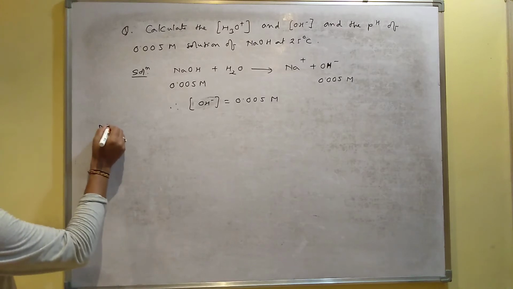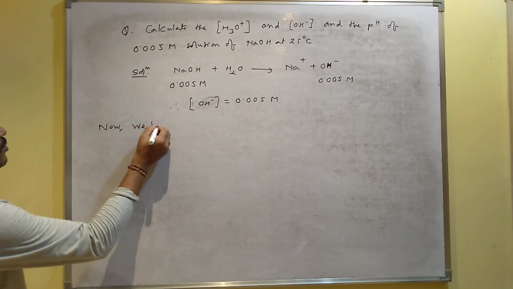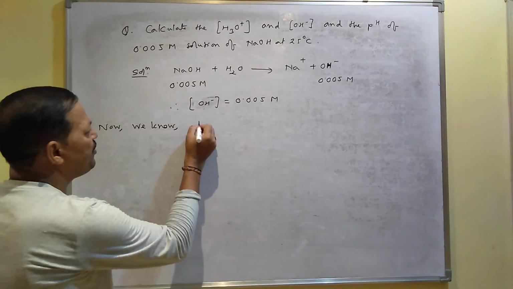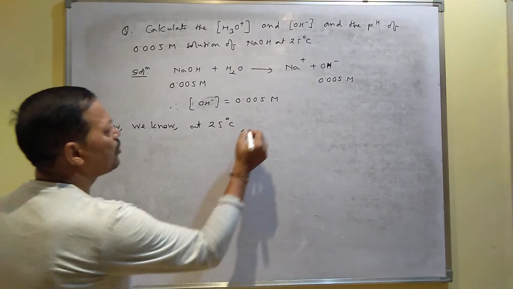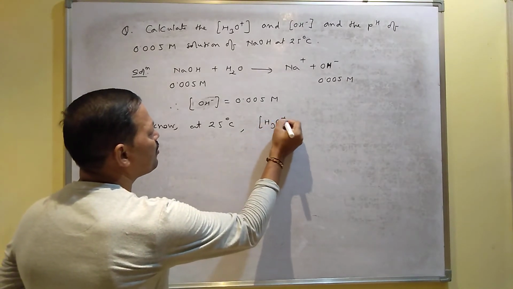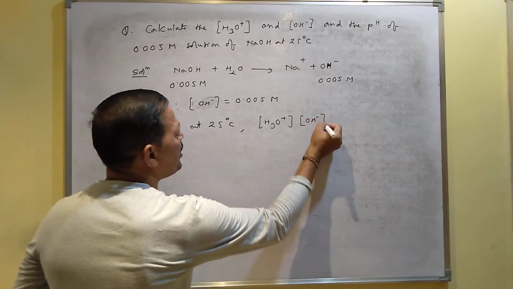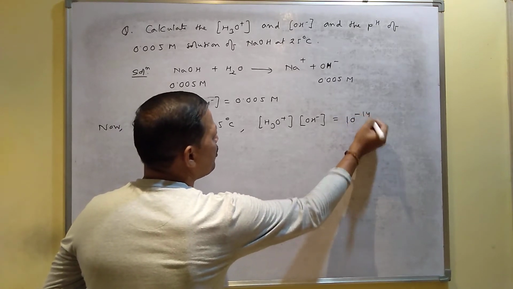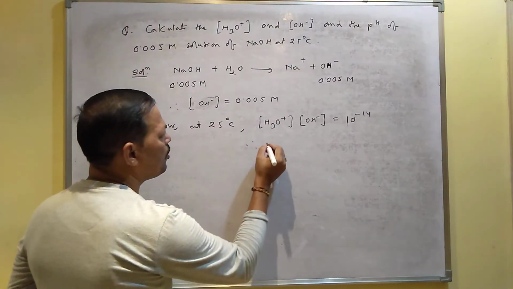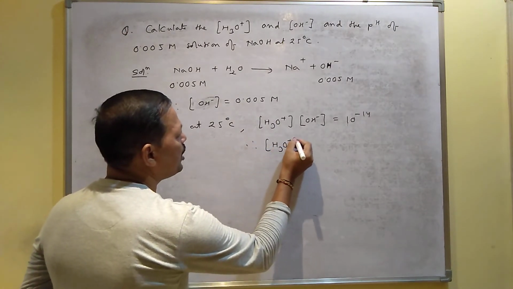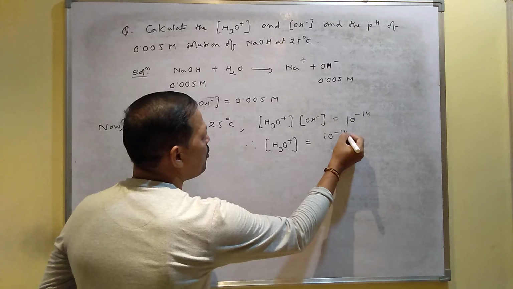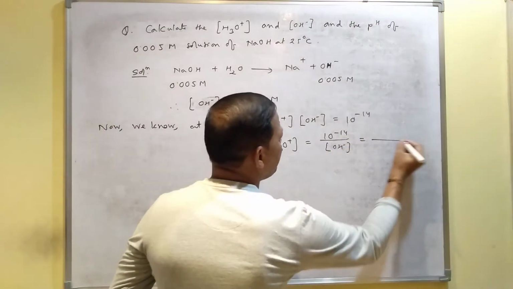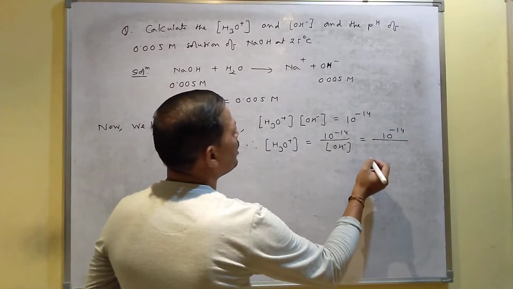Now we know at 25 degrees Celsius, concentration of hydronium ion times concentration of OH minus ion is equal to 1 into 10 to the power minus 14. So therefore concentration of hydronium ion, you can write 10 to the power minus 14 divided by concentration of OH minus ion. I mean you can write 10 to the power minus 14 divided by